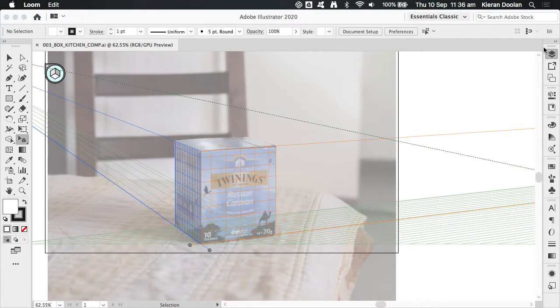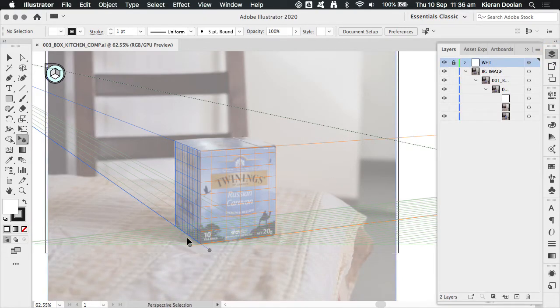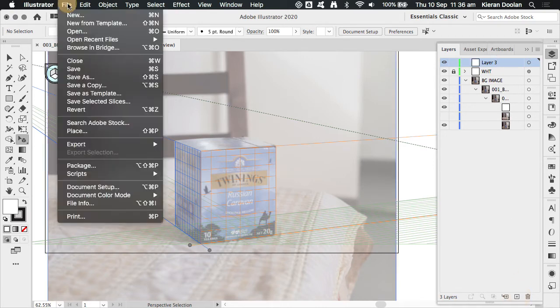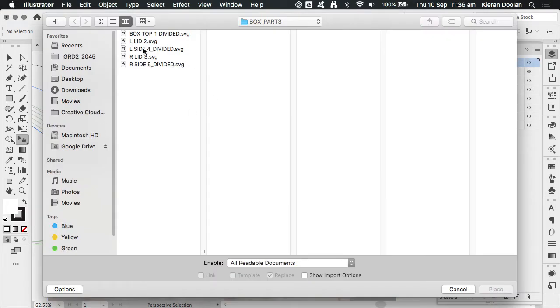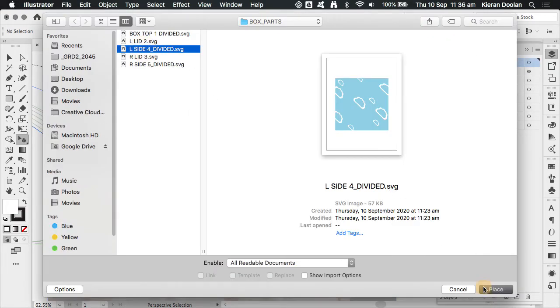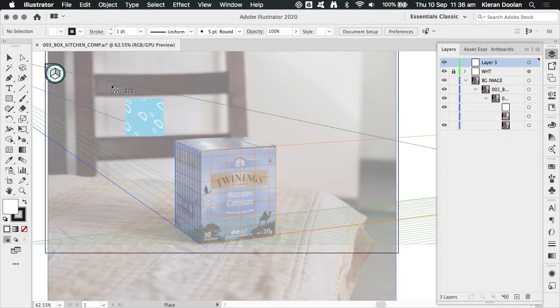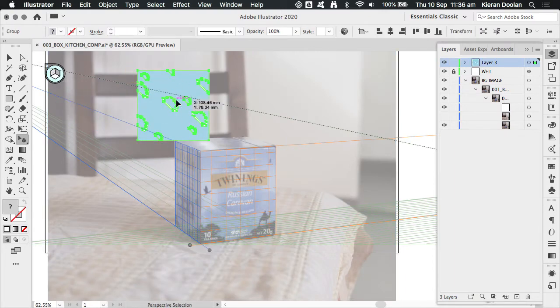So I have my perspective grid set up. I've got my placeholder image in there. I can also do the job of dropping out that target object. But as I bring in my artwork, I'm just going to start a new layer to place into. I'm going to go the left side first. And as I can see in the widget here, I don't have anything selected, so it'll just pop that straight